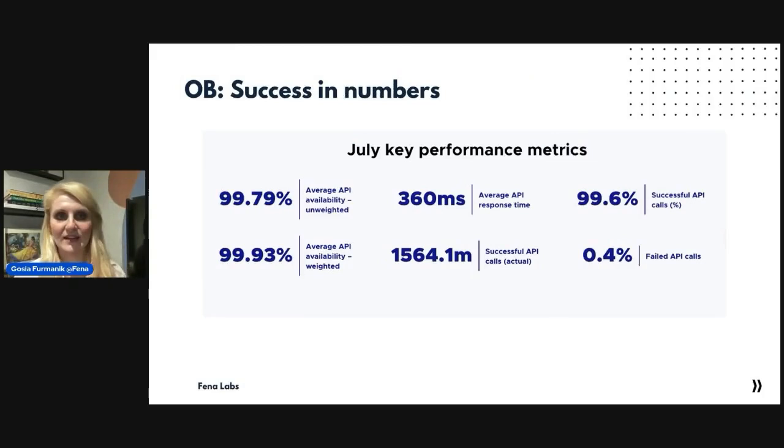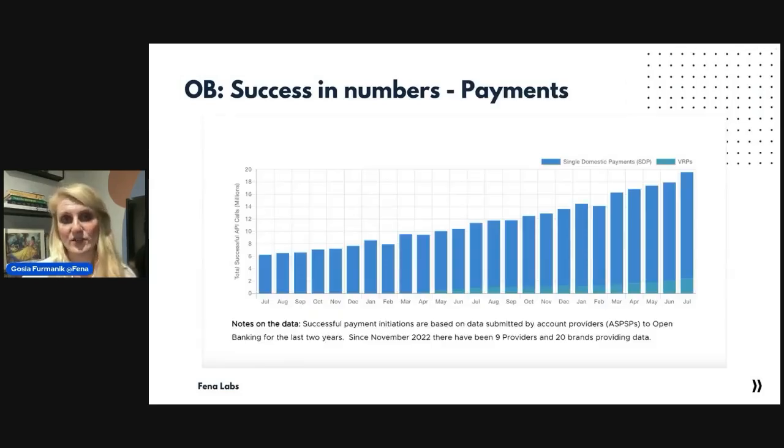And as we are talking about APIs broadly, these are the key statistics when it comes to the API performance of open banking APIs within the UK. The data is quite fresh, it's from July this year. As you can see, the failure rate is really low, and that is linked to the adoption as well. I think you can say that success is shown with key KPIs, and the number of API calls is probably a good way to show the success. In the UK, the number of payments API calls is growing from month to month and across both types of payments, single domestic payments and variable recurring payments.